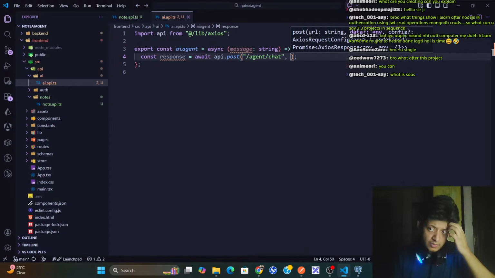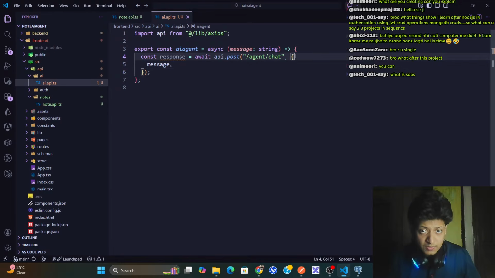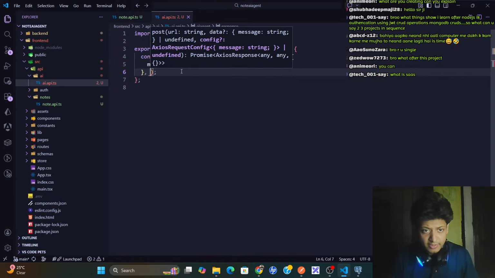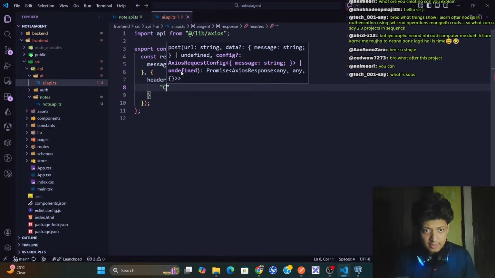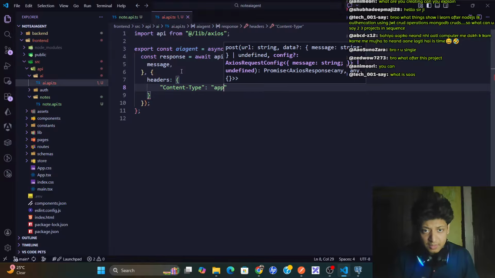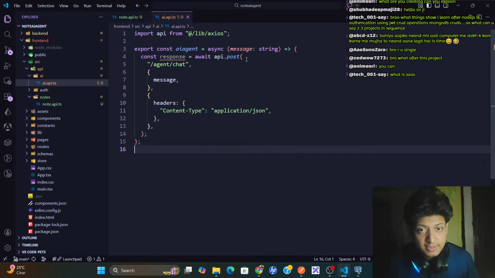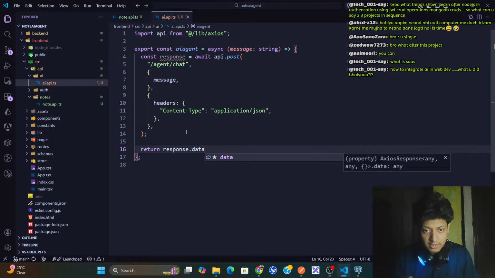And let's keep it like this only, and in body I'll send message here, and in the headers part, content type should be application/json. Fine, this is done. Const response, this is done, and here I'll return response dot data.